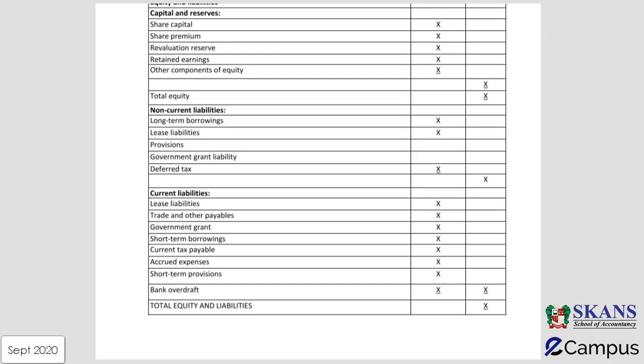So as you have studied in the basic level exams also, you have share capital, which is recorded at par value or nominal value of the share. Then we have share premium, which is any extra amount paid on the issuance of shares. Any revaluation reserve will be shown in our equity as well. Then we have retained earnings, which were previously called accumulated profits also. Right now, the term that IAS 1 uses is retained earnings, and then we have other components of equity. This takes us to the final figure of equity.